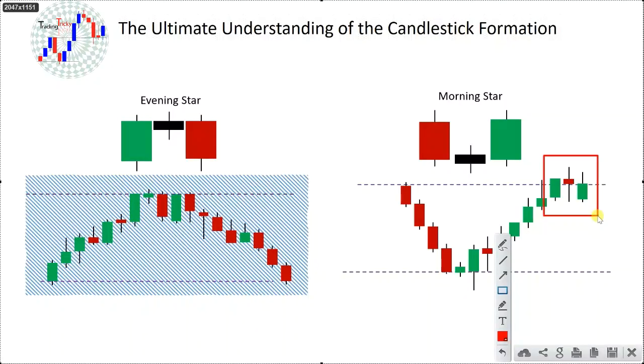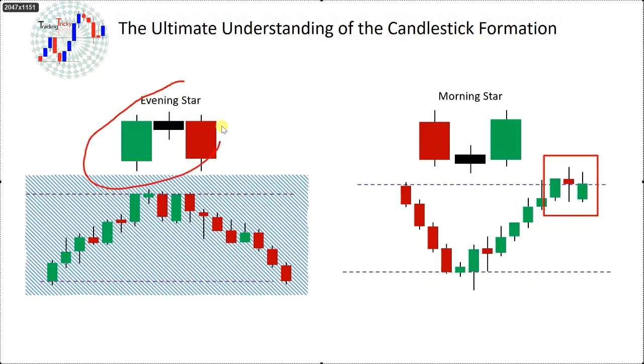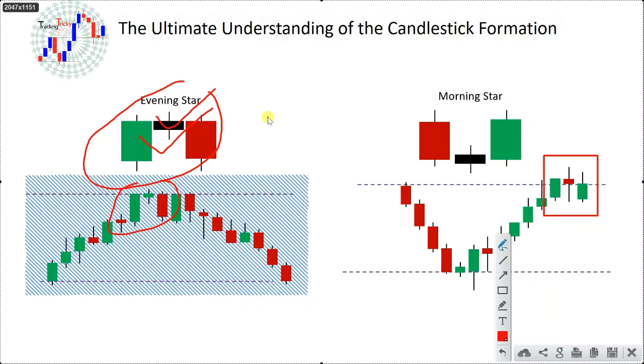See, this is the evening star pattern. Though this is not 100% matching with this or this, see my friend, it can happen because the pattern and running market condition, running market formation is not the same. So if you look at exactly this formation, you will not get this kind of formation even after watching the market for 1 hour or more than 1 hour.